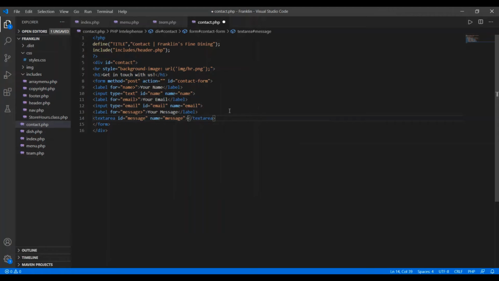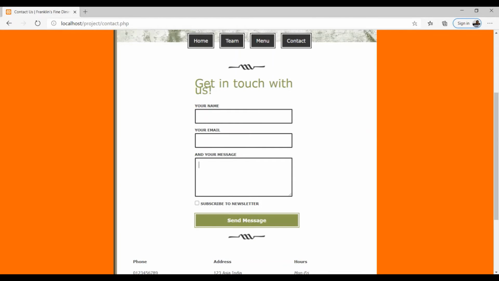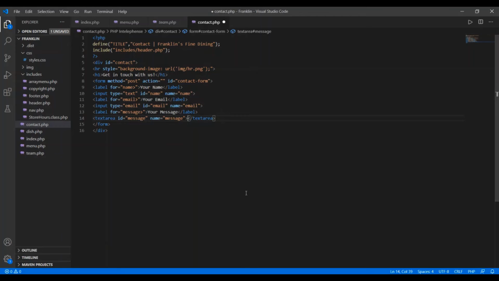Then after this I need to have an input box. If I see the original, after this textarea I want this checkbox along with the label subscribe to newsletter. So for this I have to again go with